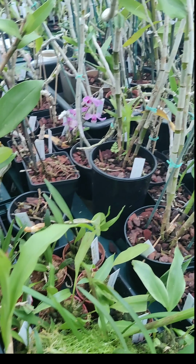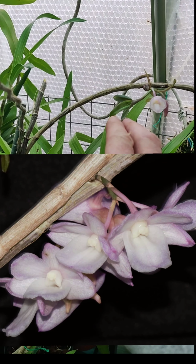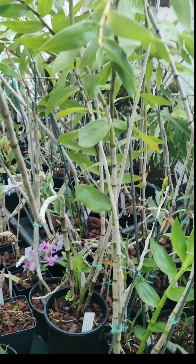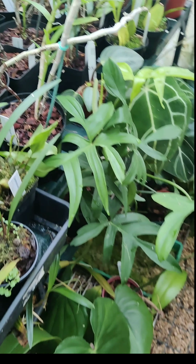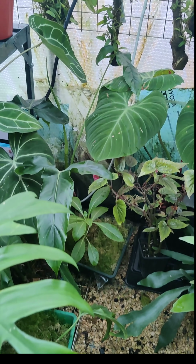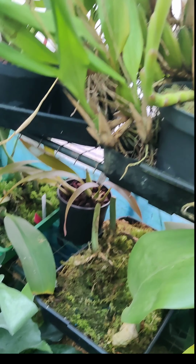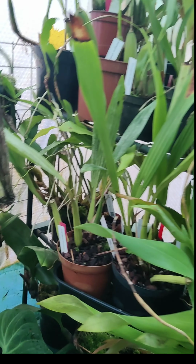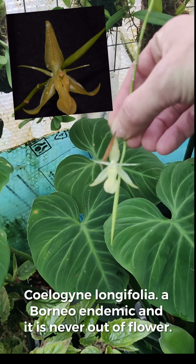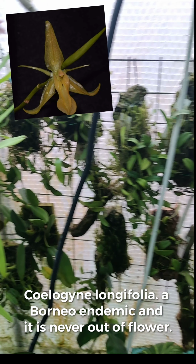There's some Dendrochilums, the Dendrobium cumulatums are just coming into flower. You've got Ancelias at the back, the big Balenianums. Got the Aroids, which we've just started getting recently, down here at the bottom, just doing their thing. The section Beckerii Bulbophyllums, or the Coelogynes. Oh, there's an always-in-flower thing. It's Coelogyne longifolia from Borneo. It's an endemic. More Bulbophyllums,